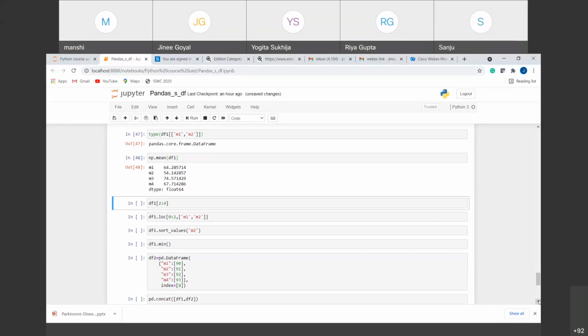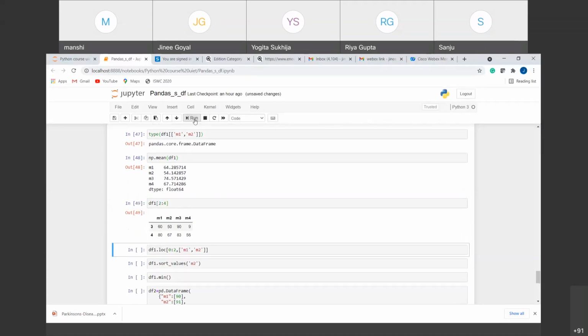Next thing is the indexing and slicing. Indexing is already done. We are left with slicing. Just like the way we did in the series, we can also have the slicing here in the data frame.